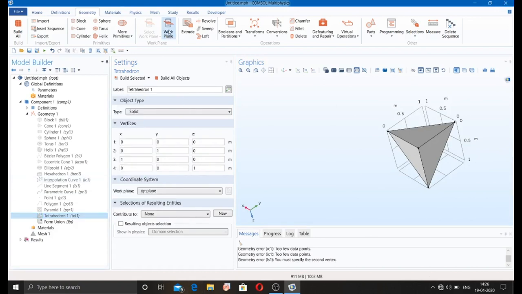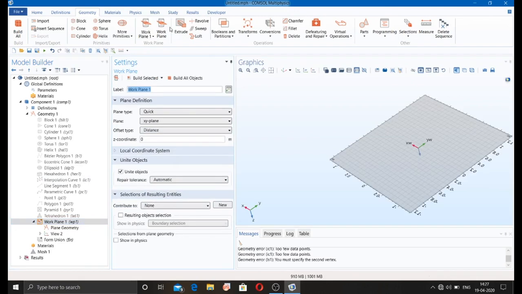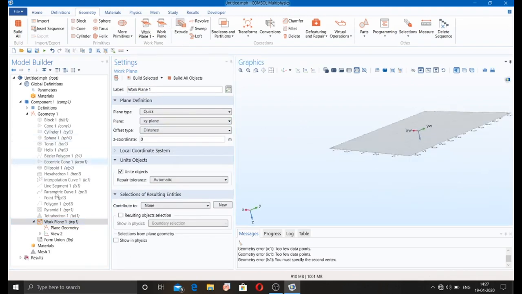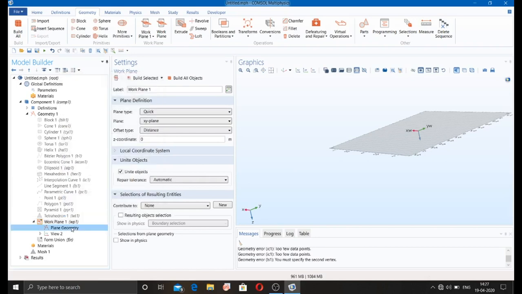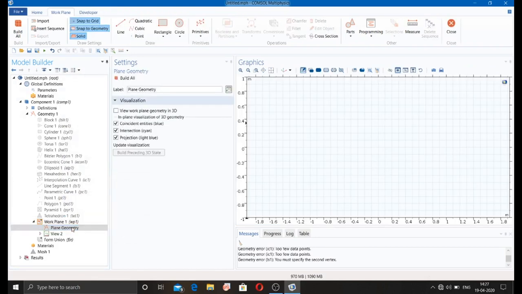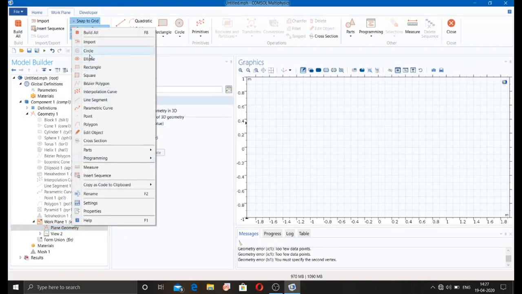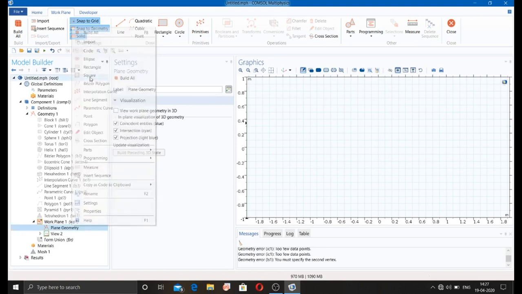You can also select the work plane in which you will create the geometry in 2D form, like this, plane geometry, and I'm just selecting square.